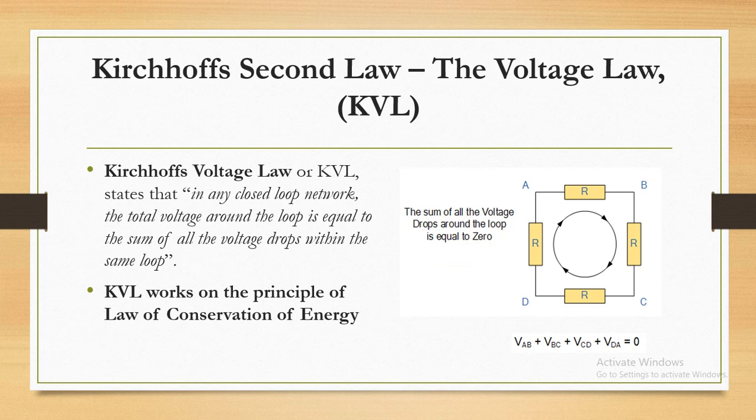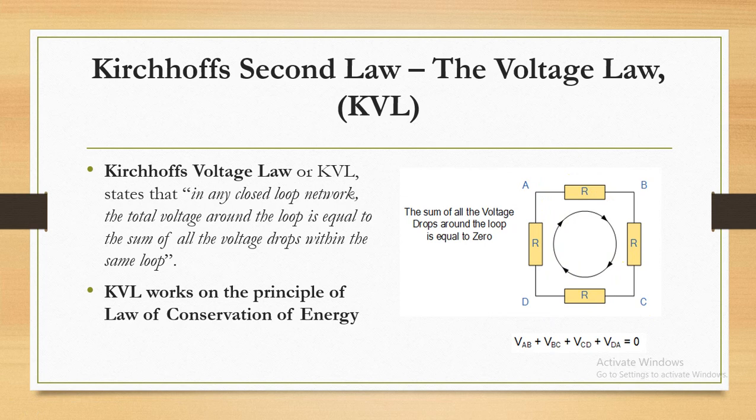So we can see the diagram here. With this diagram, we can explain very clearly. This is a loop. The loop consists of 4 resistors. There are 4 points, we can say A, B, C, D. In these 4 points one loop is formed, a closed loop. There is one current flowing inside the loop.